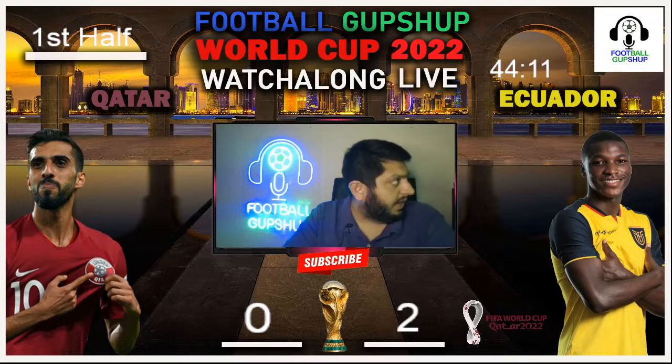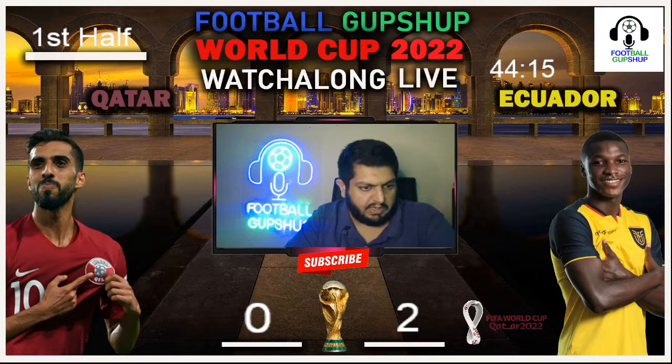Right now, ball is with Qatar, and they're trying to push the ball forward. They would want to get that goal and just try to see if they would be able to get it. But once again, it is Ecuador with the ball. Let's see what can they do. Still on the ball right there, trying to put the ball forward. And I think you can clearly see that what has happened over here is it is turning out to be a little bit hard.